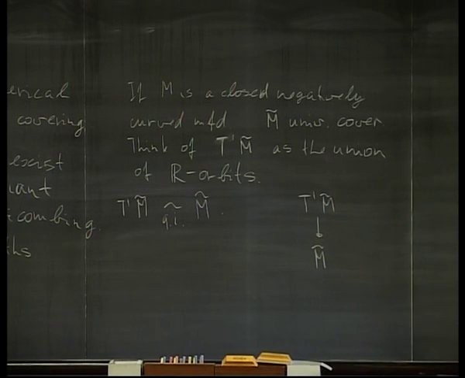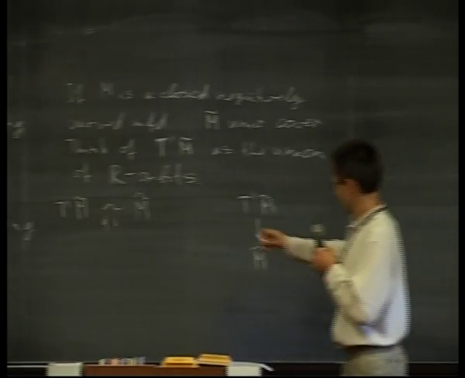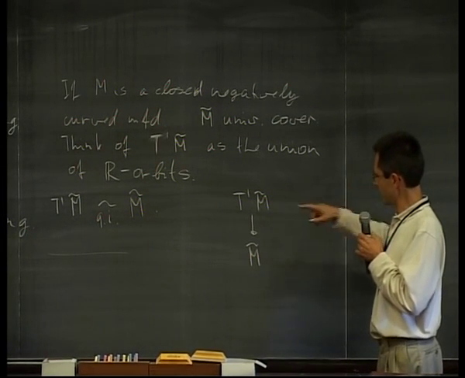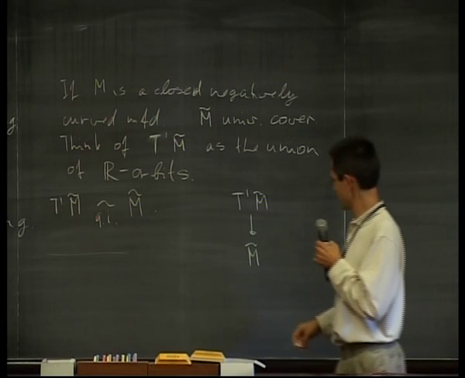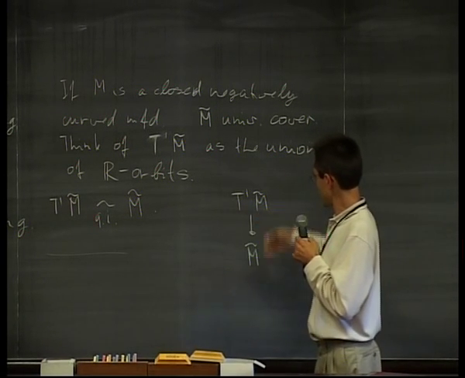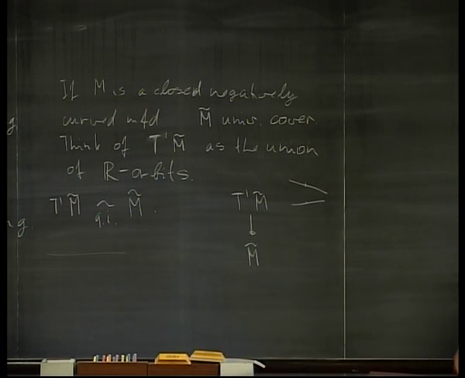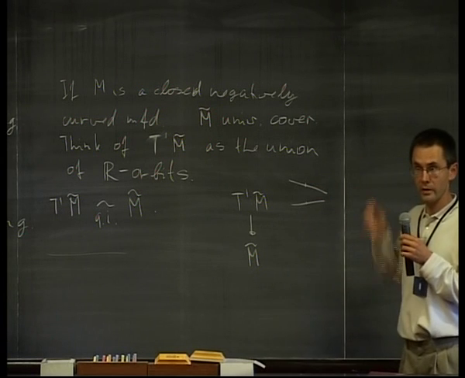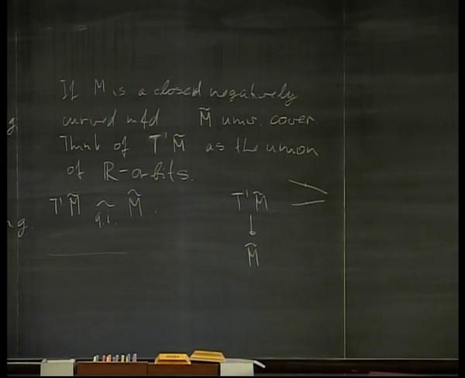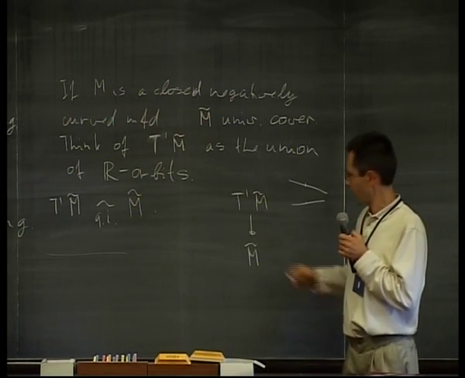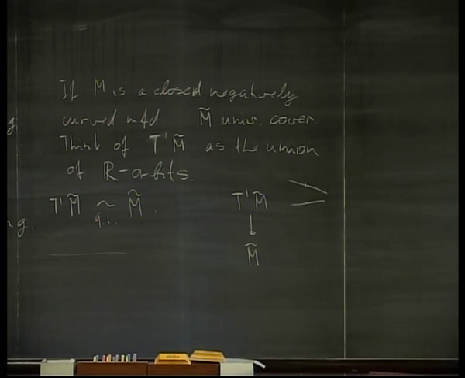But this is a union of lines, of geodesic segments, like infinite lines. It's a metric space which is a union of lines. Those are straight lines. When you project, if you have a couple of lines here, you identify a couple of points here, if they happen to belong to the fiber. The question is, what if you forget about this M now? Suppose you started with an object like this. Can you reconstruct the original manifold in an equivariant way?